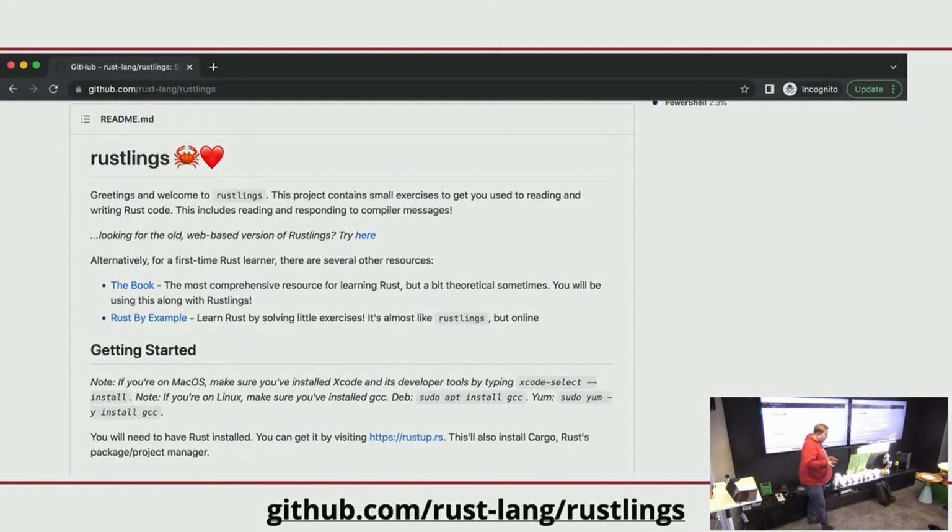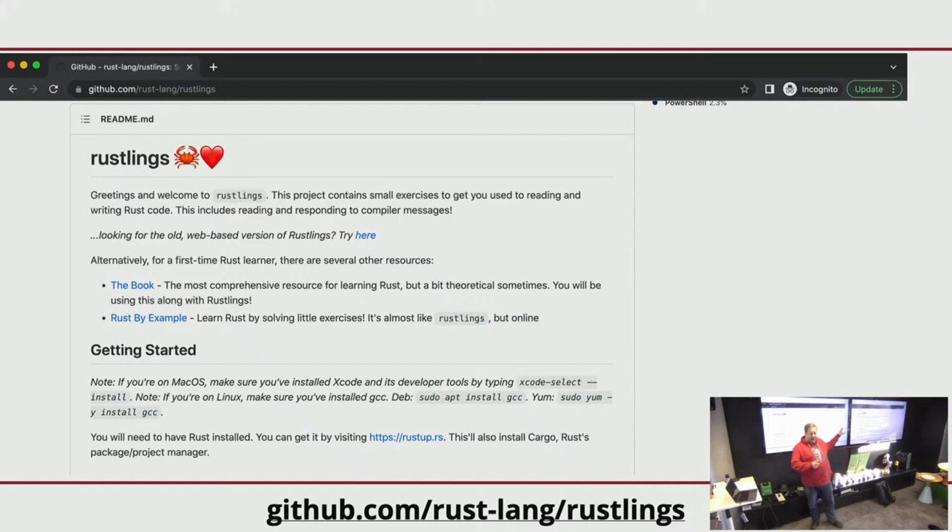One of the things I learned during that is a project called Rustlings. How many of you are familiar with the project before? About maybe a third. Awesome. Rustlings is a project that helps you learn Rust, but it does it in a really interesting way. It basically gives you exercises that don't compile, and you need to fix them. Clojure has something a little bit similar, I think it's Clojure Katas or something like that. They have tests that fail, and you need to fix the code to get the tests to pass.